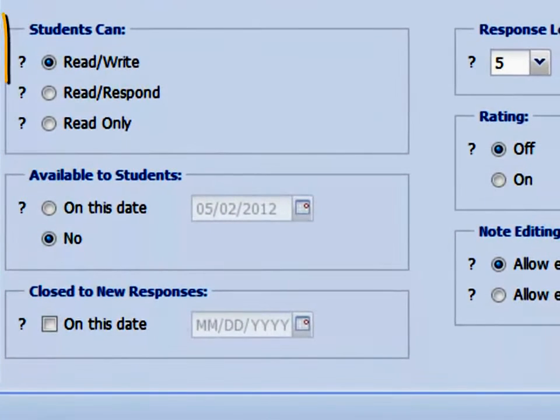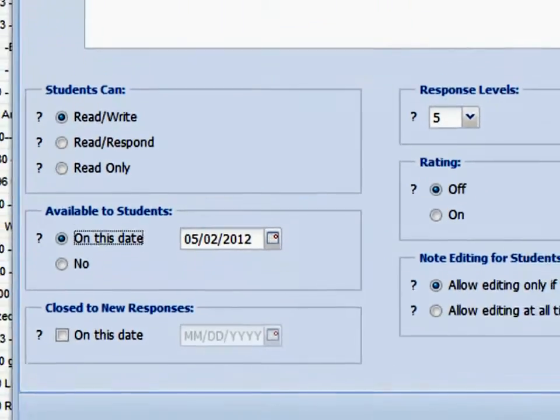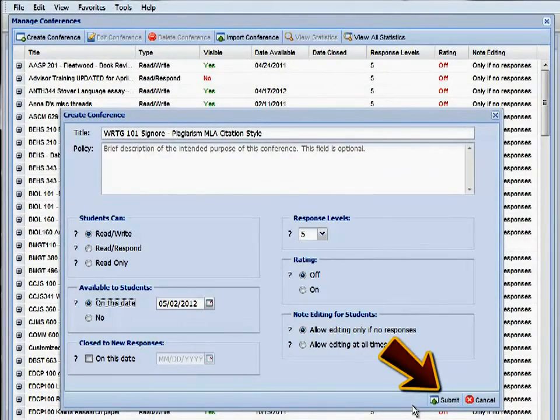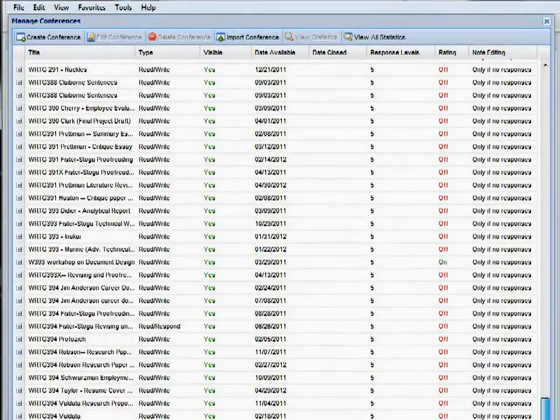Again, be sure to give read and write privileges and set availability as that day's date. You want this to be available now and for all time in Write 999. Go down and hit Submit, and then after that, you will see your new conference at the very bottom of